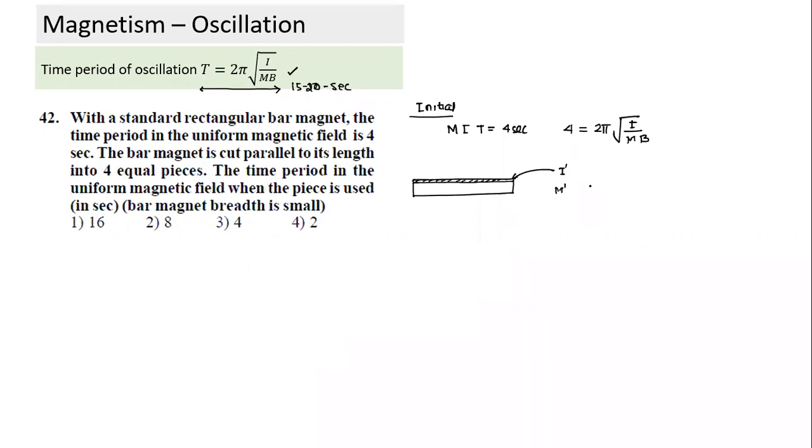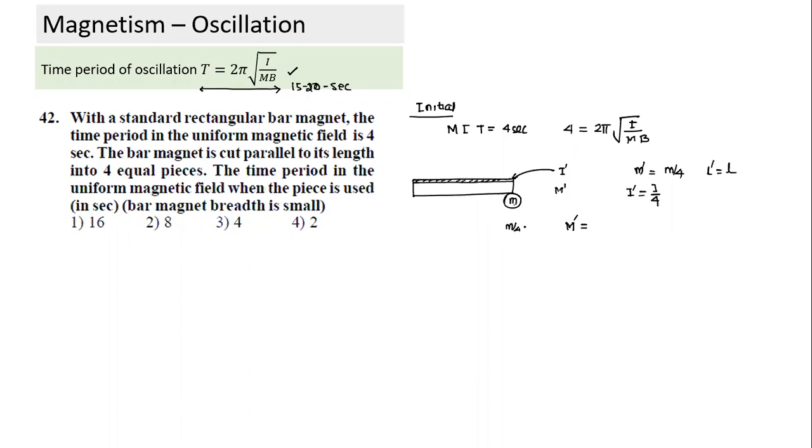Can we easily calculate what the I dash will be here? See, in this case, mass has become 1/4, but length has remained the same. So what will the moment of inertia be? ML squared has remained the same, so very easily I dash will be equal to I by 4. And what about the dipole moment M dash? In this case also, if the pole strength or magnetic charge was M for all 4 of them together, when you cut them along the length, it becomes 1/4, but the length remains the same.